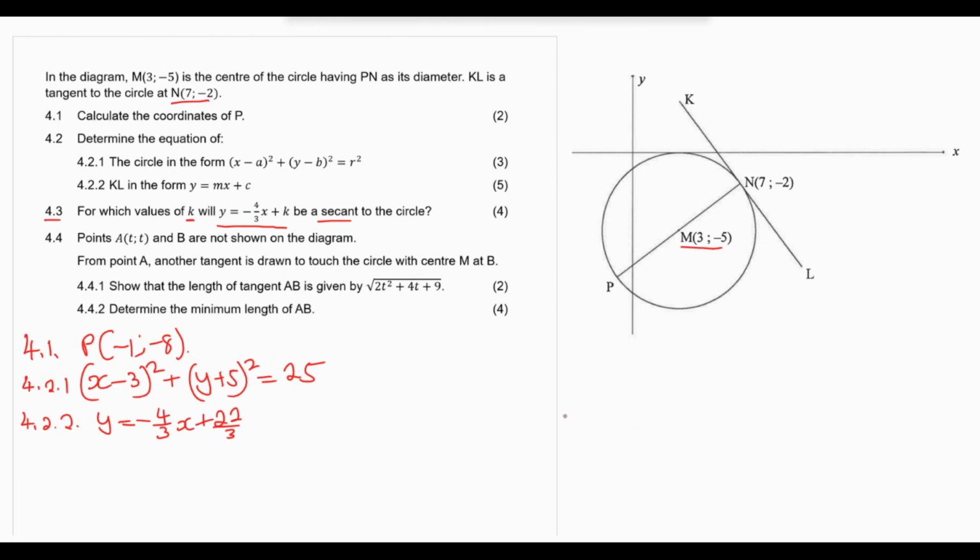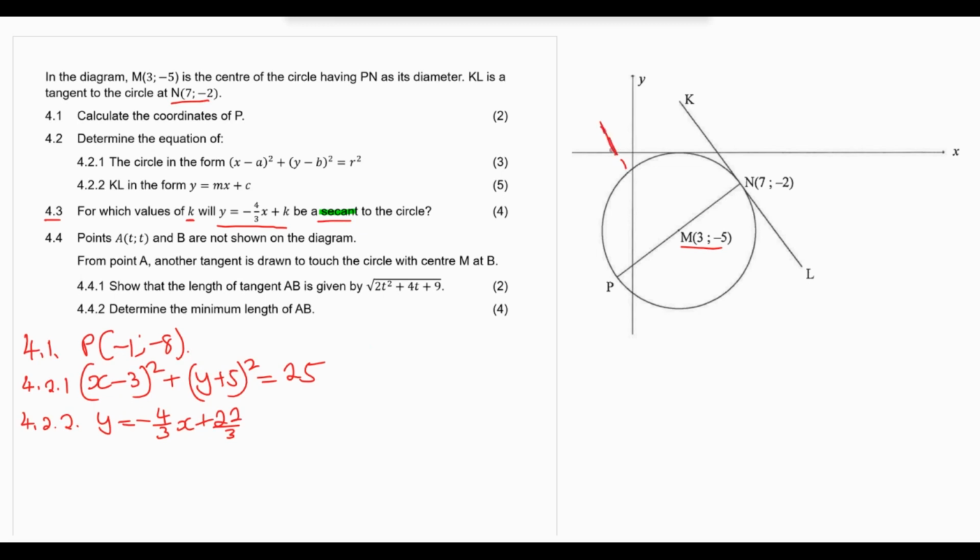Now, we need to understand what a secant is. A secant is a line passing through 2 points in a circle. Unlike the tangent, a tangent is a line that touches the circle at what? At 1 point. Right? If we can have a secant, I can draw something like, let me use dotted lines,